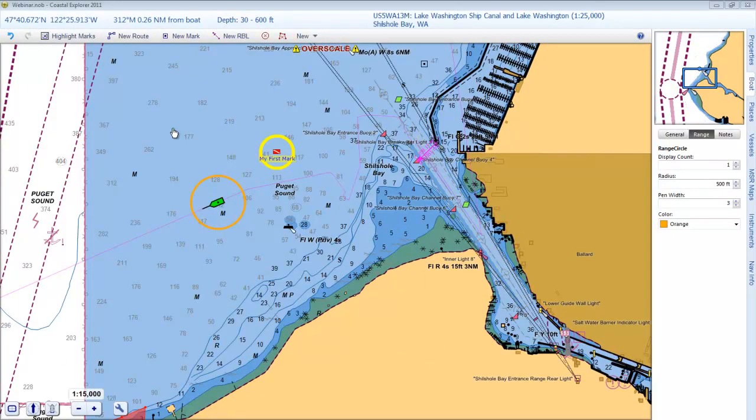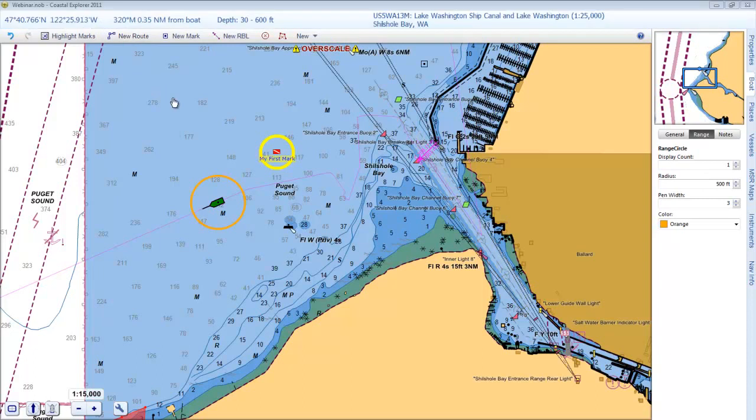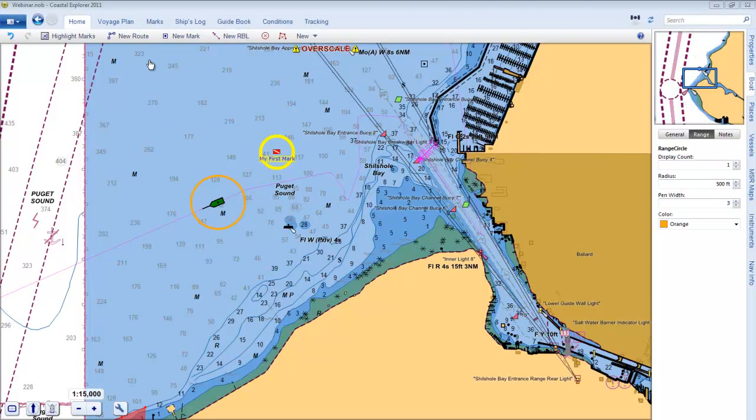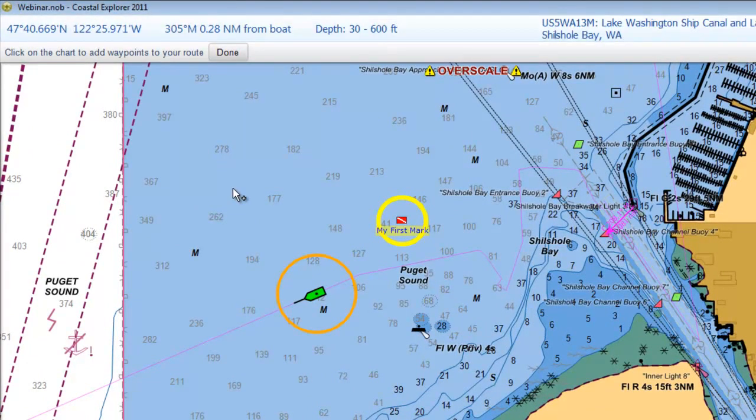Okay, the last navigational object we're going to create, and we're just going to go over it briefly, is creating a route. We'll cover routes in much more detail in a later section of the presentation, but for now we just want to introduce creating a route. So from the Home tab, I click the New Route button. You notice the cursor changes to have a plus sign next to it, so everywhere I click the mouse will drop a waypoint,